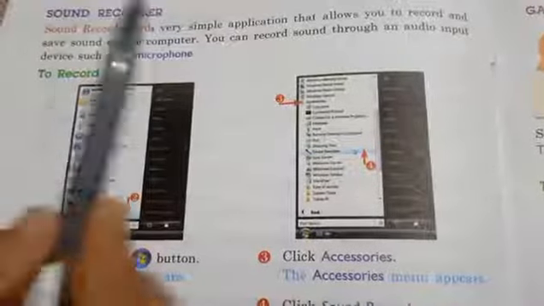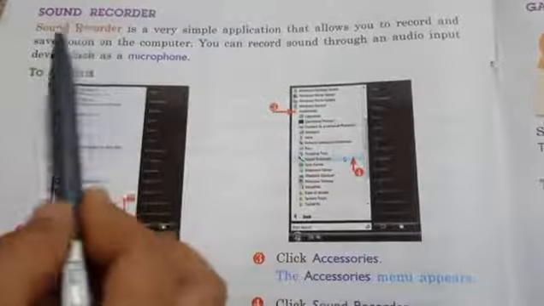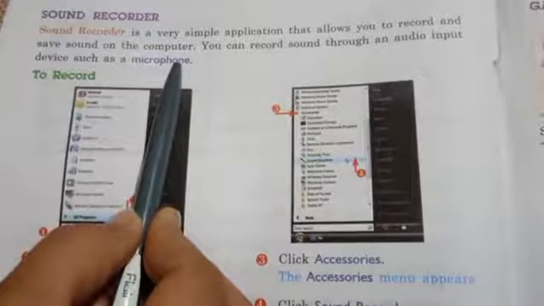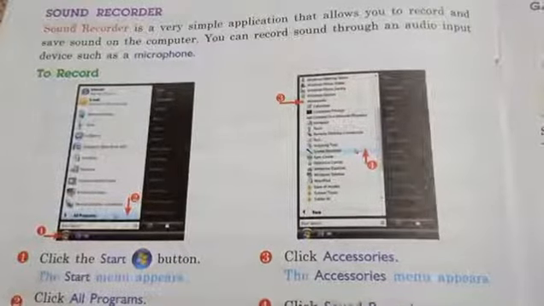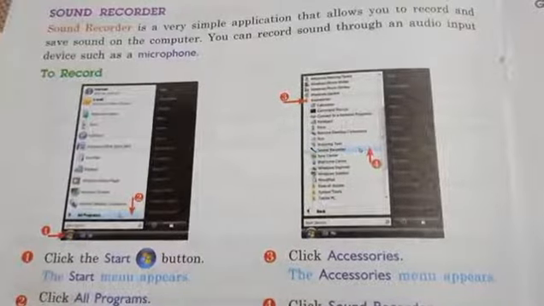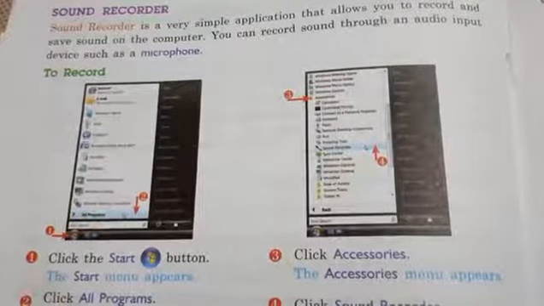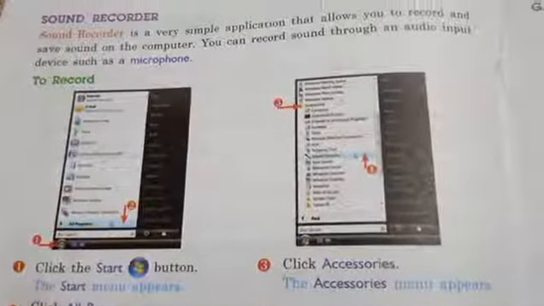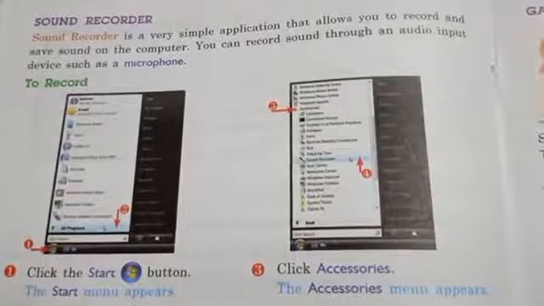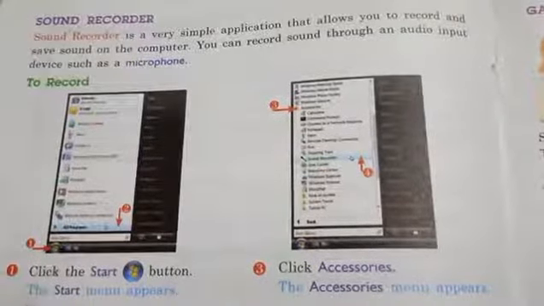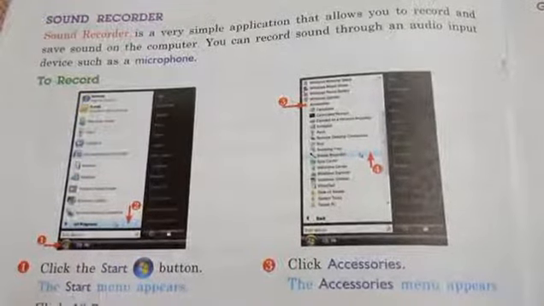You can record your sound through an audio input device such as a microphone. Means if you want to record your sound, you can use an audio input device such as a microphone to record your voice, or any sound. You can use microphones, but in laptops there is no need for a microphone. You can directly use your voice.